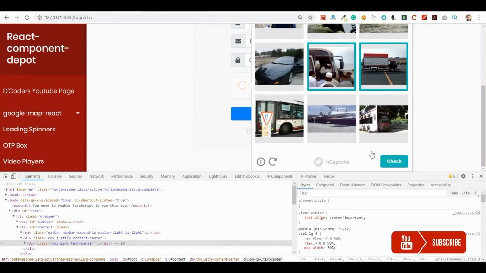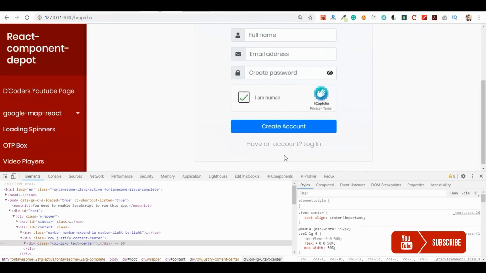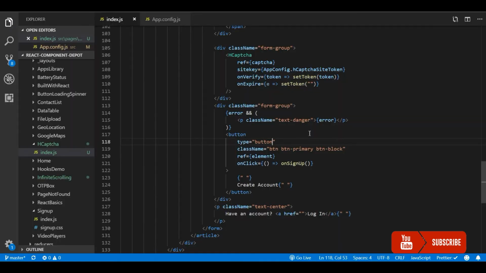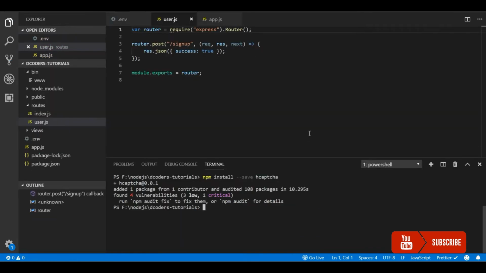Once we verify, we'll get the token, and then we will submit it to the server. So let's go and develop our backend to verify this token from the HCaptcha server.